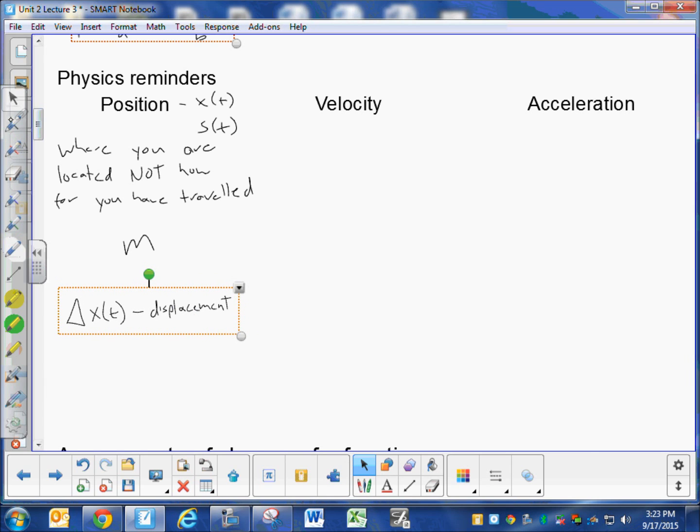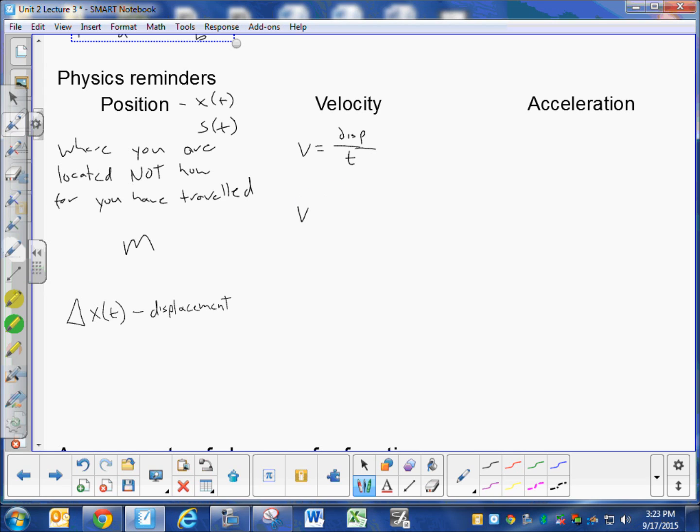Okay. Well, velocity, we've dealt with velocity before in physics. We say our velocity is our displacement over the time it took me to become displaced. Well, what is that? What is displacement? It's just the change in my position over the change in my time. Typically denoted by v of t. We would say v of t is equal to the change in my x of t, which is my position,